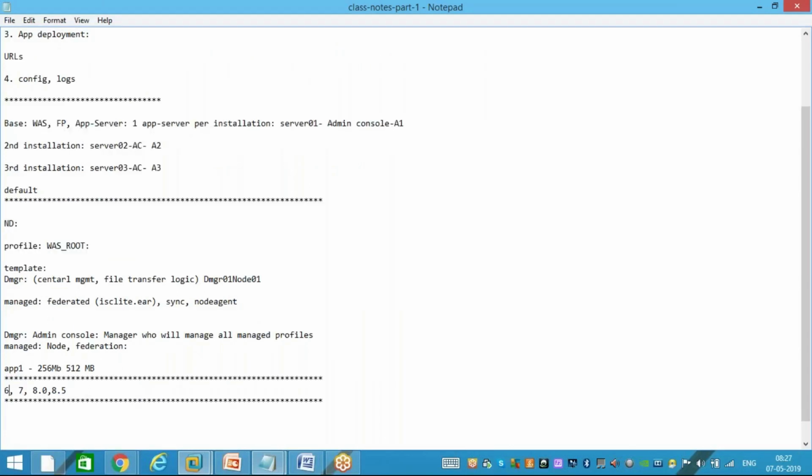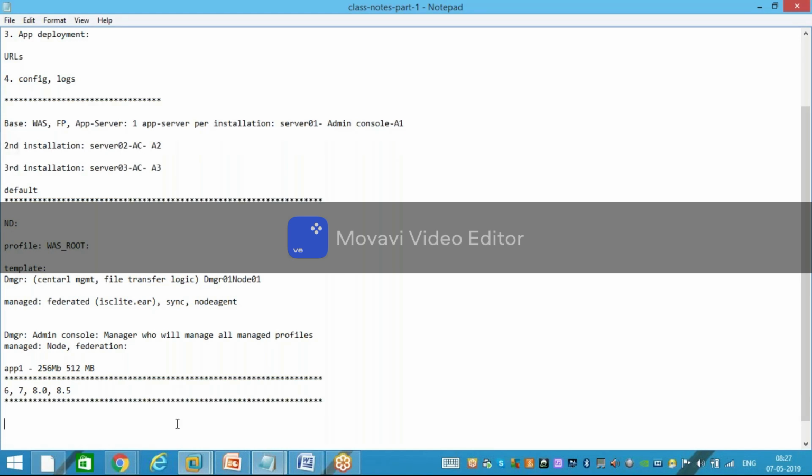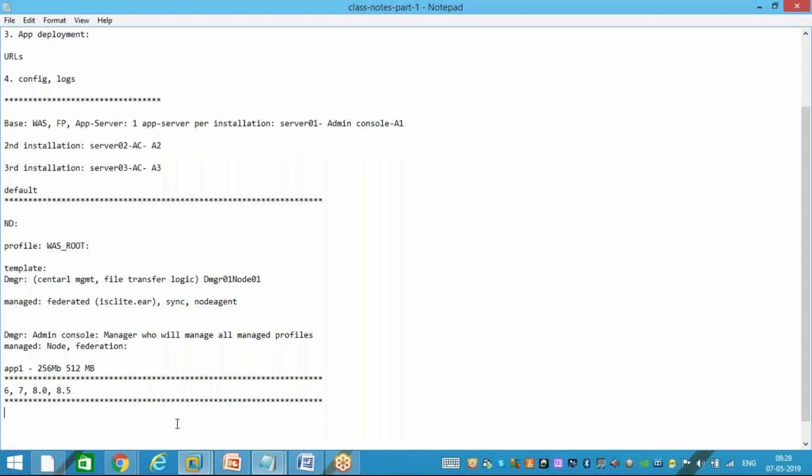In 6, whatever facility was there, they got some add-on in 7, some add-on in 8.0, and some add-on in 8.5. So there are lots of differences in terms of what servlet version and what container version it was supporting. So apart from all those development